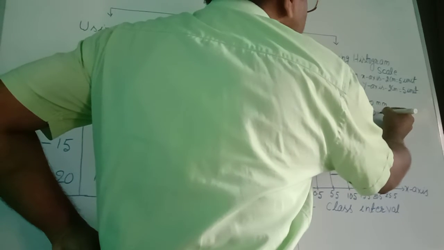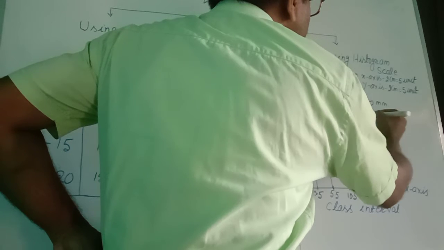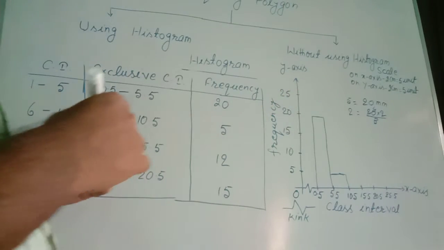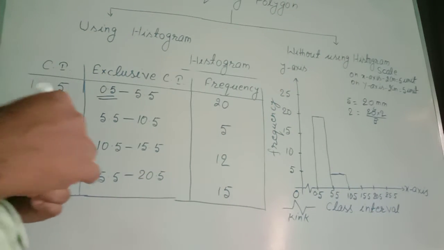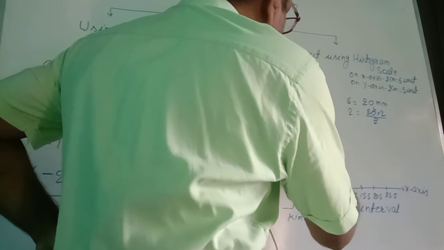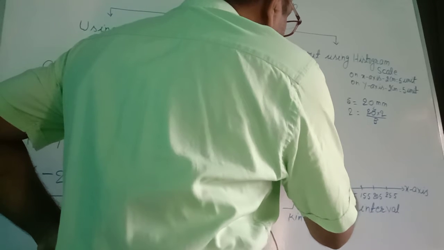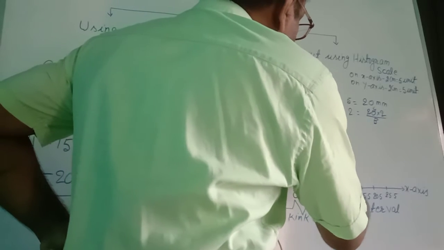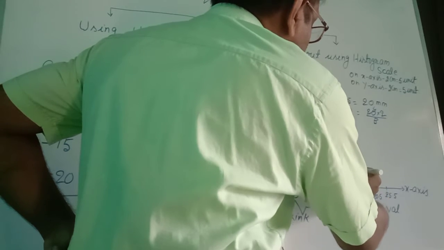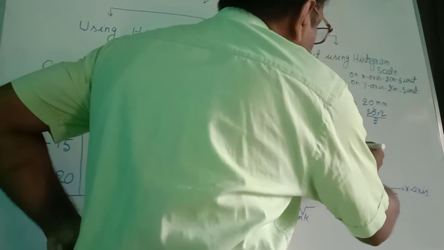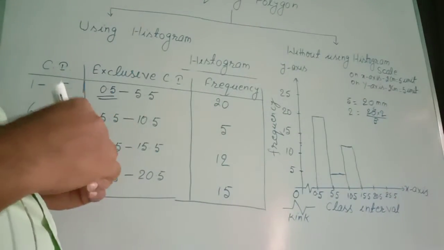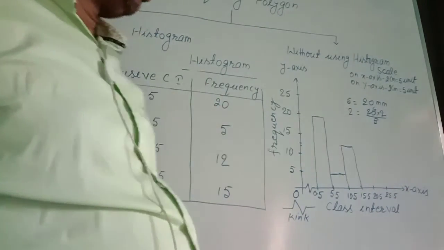For that, 20 into 2 by 5. 5 fours are 20, 4 twos are 8. So 8 millimeter divisions we will count from here. Suppose the total is 20, here is 10, and we take 8. Suppose it came here. Just in front of this, we will draw the line to join this line, and after that we produce this line till 15.5 and draw this line.